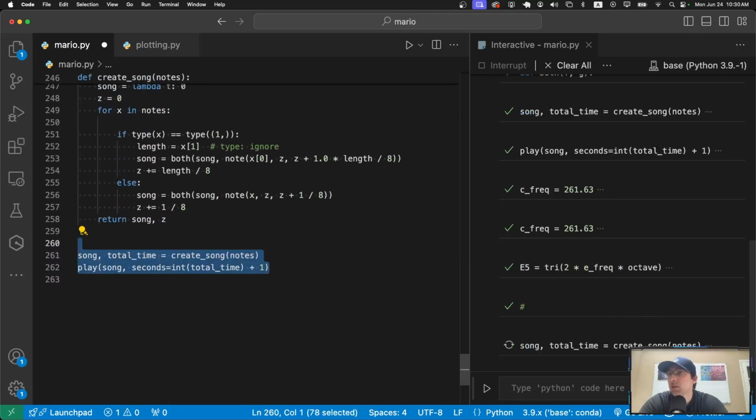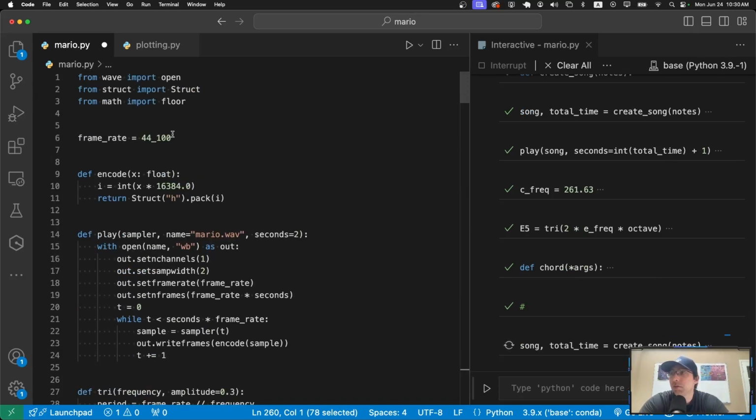We can run this. It's going to take some time to run because, well, you can actually make this run quite a bit quicker if you just decrease the frame rate, but I'm not going to do that. We're using a pretty large one. If you just divided by 4 here, it would probably sound about the same to you, but I want to do it as good as possible. That's why it's taking a little bit longer to run, which is completely fine. So while we wait for that,